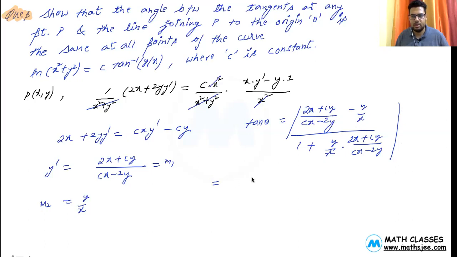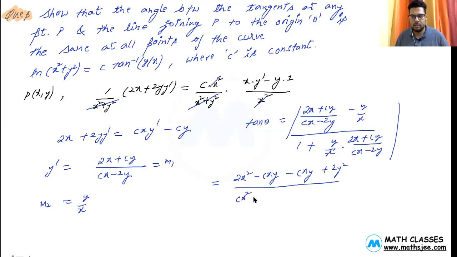So this will be nothing but 2x square minus cxy minus cxy plus 2y square, and the denominator will be the same, so they will get cancelled out, and now you have